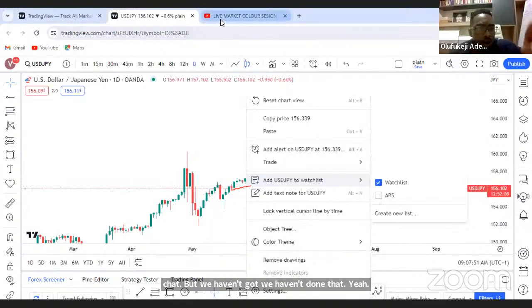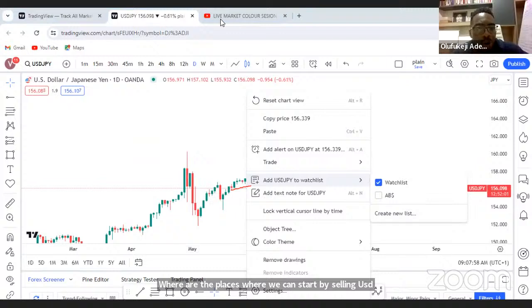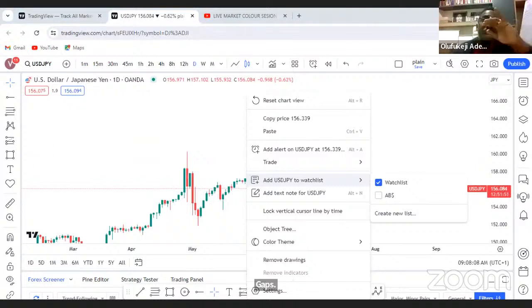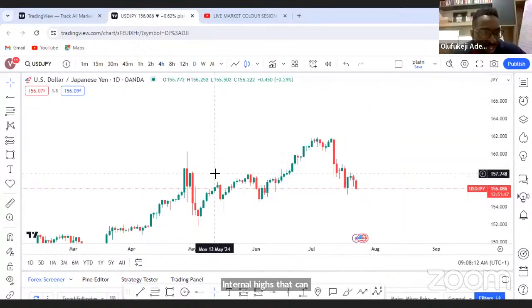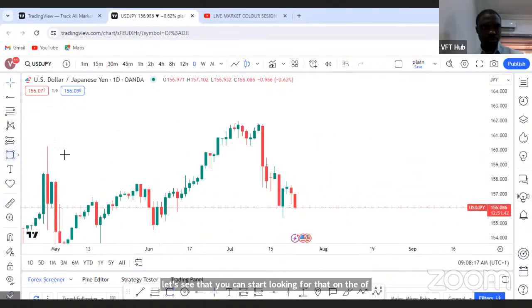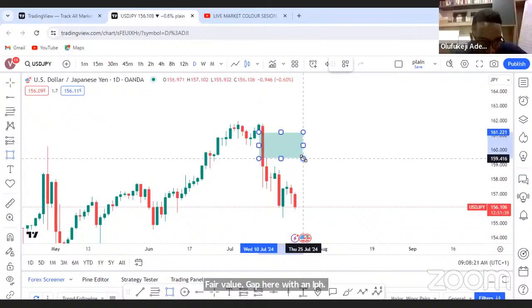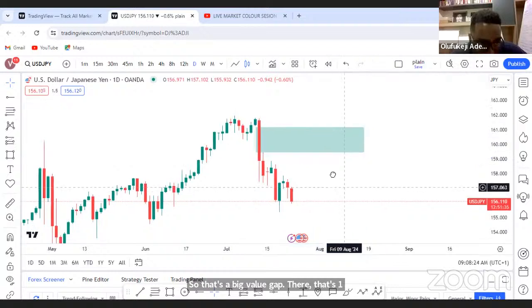So where are the places where we can start selling USD JPY? Very clear. Where are all the fair value gaps, and where are all the internal highs that can be grabbed as inducement? So let's see that. You can start looking for that. Of course, there's the very big fair value gap here with an IOFED. So that's a big fair value gap there. That's one. There's a fair value gap there. There is also